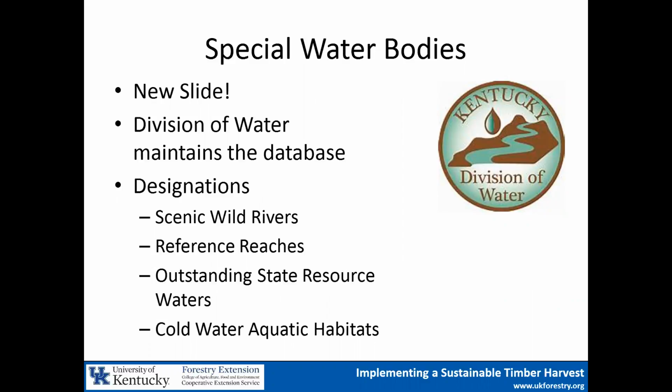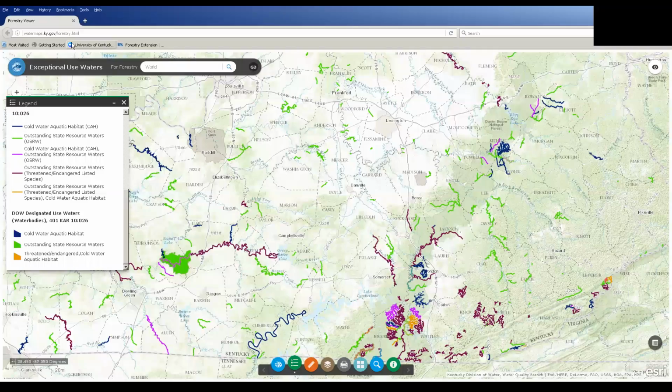For the most part, two of the four designations up here actually mandate that there are rare, threatened, endangered species in them. So you can pull up this reference that the Division of Water maintains and look at these special water bodies. And it's a really neat interface that's kind of changed the way that people have gotten the information on here. So I'll, again, pull up this website, and this one's got a different website again. Again, you may want to take some notes in your packet to hand out. The website is